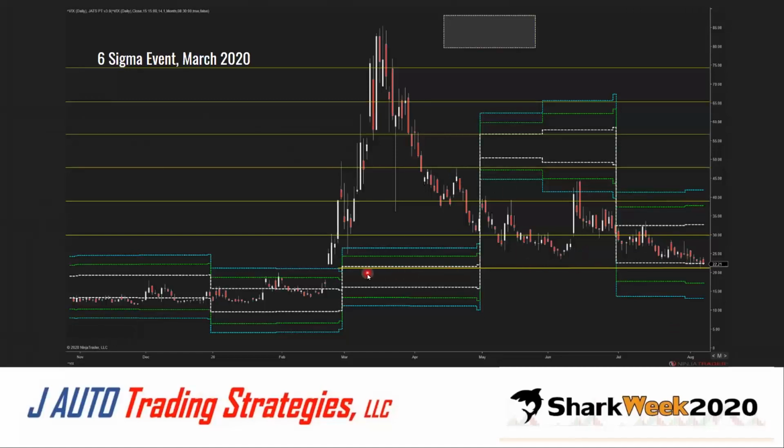Here's the base of starting out in February. I put a line down here to show you that that's where we started basing back at the beginning. So we're all the way back to where we were on our distribution back in February. And that's where the price started turning around again.